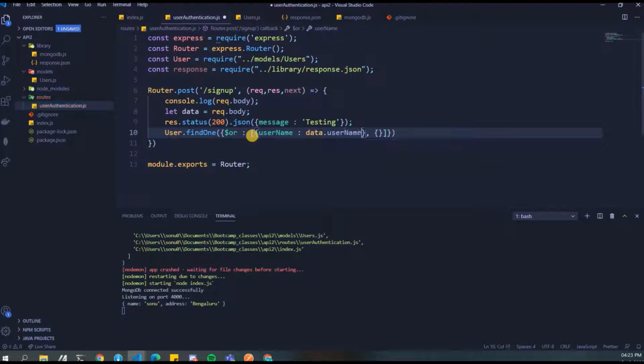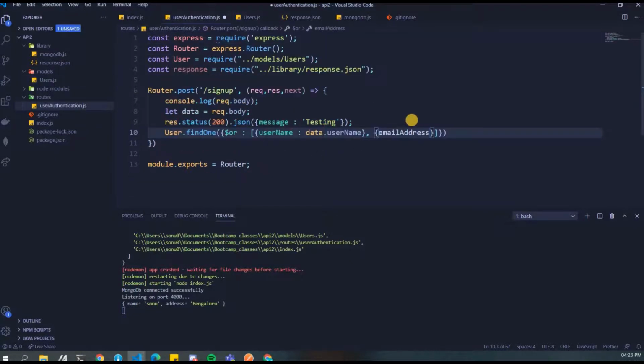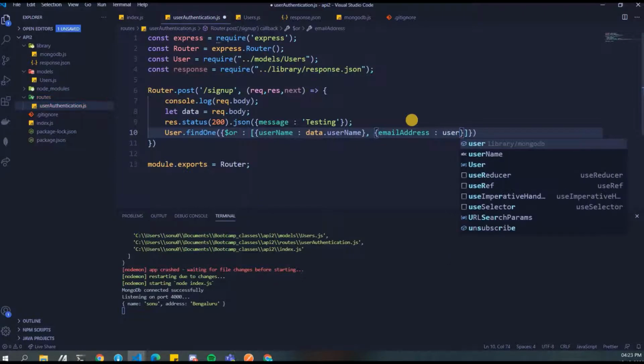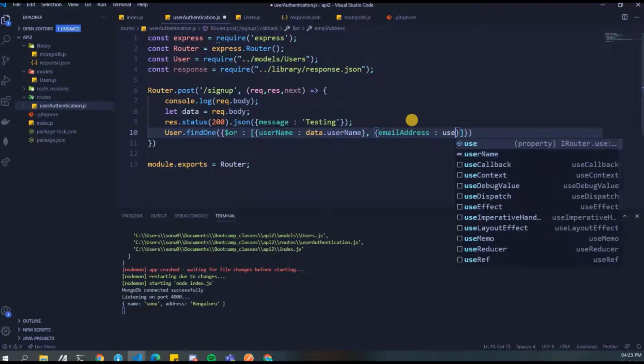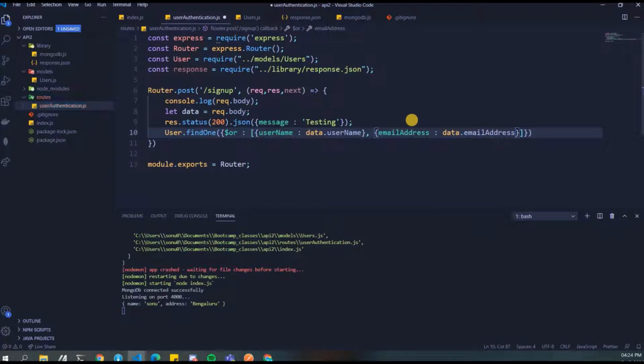We'll provide the body like this only. Whatever is in our model, we'll always try to provide the body like that. Okay. And then the next condition will be email address. Let's see the spelling over here and here matches. And then we'll write email address: data.email address.